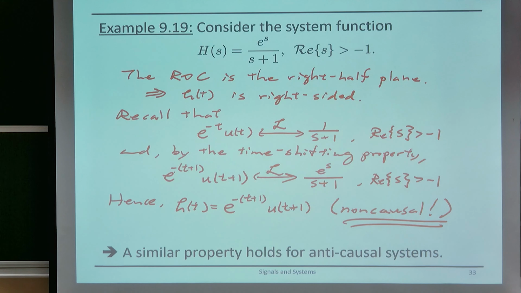which is a system with impulse response that is non-zero only in the negative axis, right? So it's completely opposite from a causal system. In this case, h of t is equal to 0 for all t greater than 0, okay? So in this case, it is a left-sided signal, and therefore its region of convergence should be the left half plane. So similar properties you can obtain for anti-causal systems, but instead of being on the right, the region of convergence should be on the left, okay?